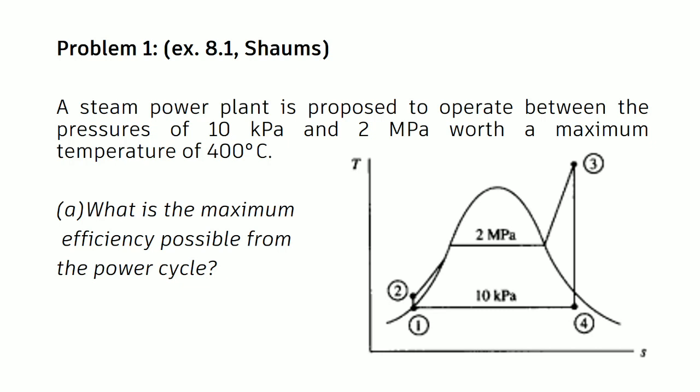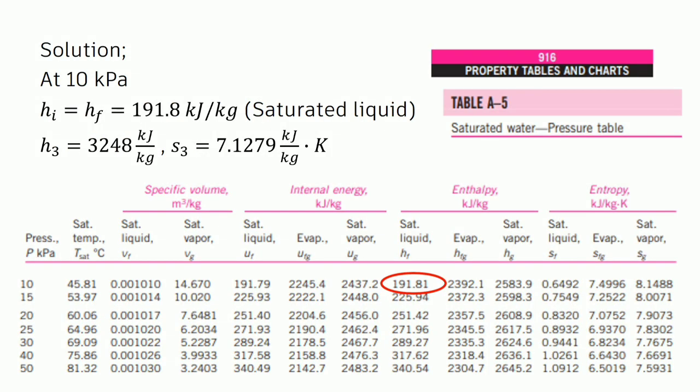So, we need to find the maximum efficiency possible from the power cycle. What is the maximum efficiency possible from the power cycle under operating pressures of 10 kilopascals and 2 megapascals with a maximum temperature of 400 degrees Celsius? First up, at 10 kilopascals, we need to use our property tables and charts because we need to find the initial and the final specific enthalpy of the following